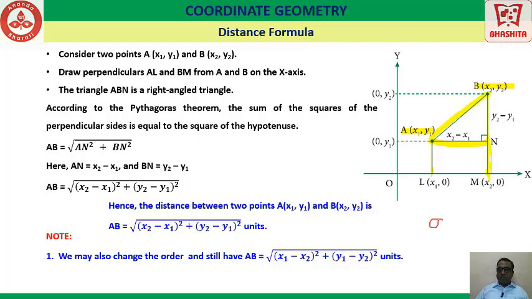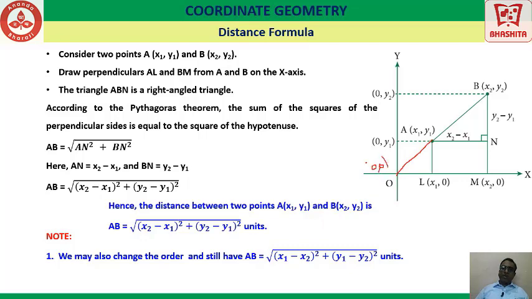Let me write it for you. Whether you look at a square or whether you look at minus a the whole square, it is one and the same. So the order in which you write x1 and x2 simply doesn't matter. That's a key point. And should one of the points be origin, so here A was x1 y1, B was x2 y2. For example, instead of B being x2 y2, suppose B is origin, let us say. If you want to find this length wherein this point is 0 0, let us say.